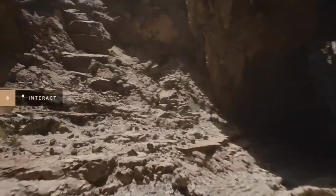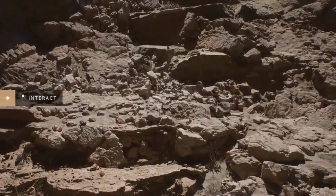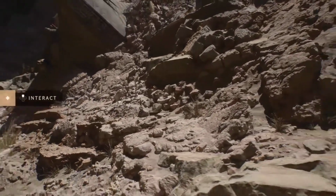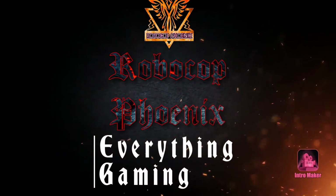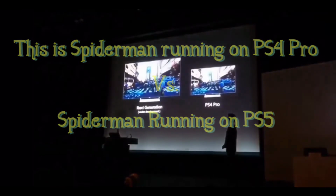Let's move on to the matter at hand here, the SSD and what load times actually mean. We know these SSDs will improve game performance, but what about the way games feel and the way they run when this SSD works hand in hand with the console's GPU and CPU? Personally, I think that when we say load times, most people are automatically thinking of loading screens, but I'm afraid